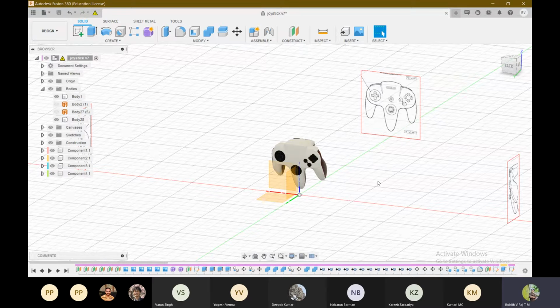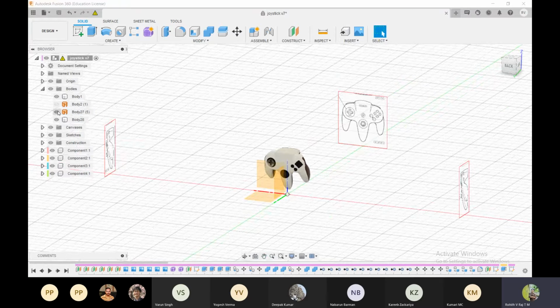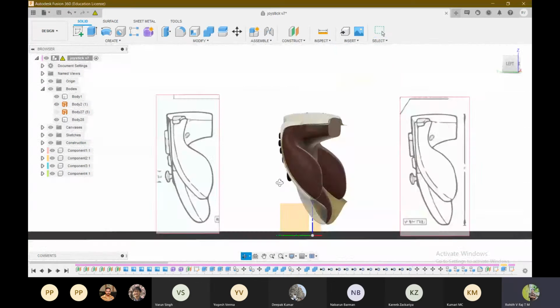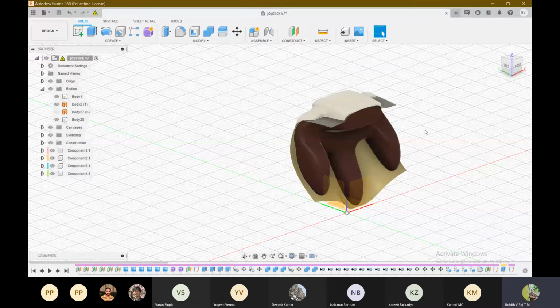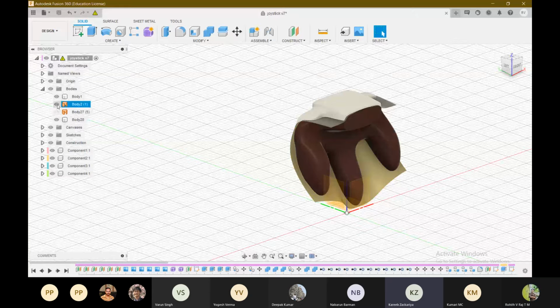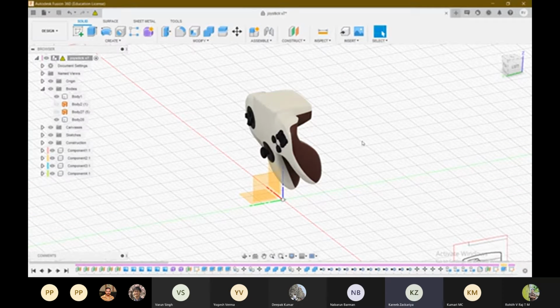So I constructed a surface which goes with the figure provided in the isometric projection. Maybe I'll just show the plane. Yeah, so I constructed a plane. I used this plane to split the body. After that, I separated both of them, isolated both of them individually and made a shell out of them. Okay, you drew a sketch and separated them as a two-part component. Yes.